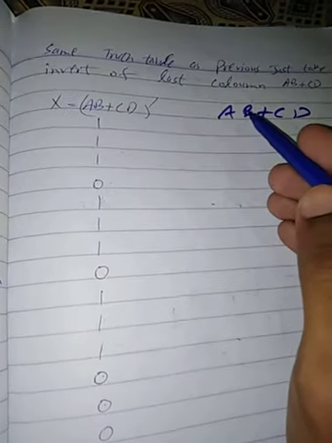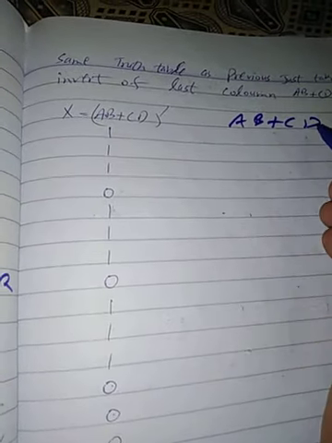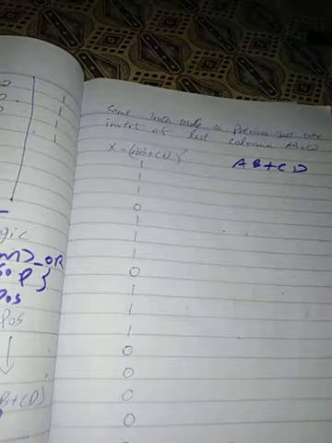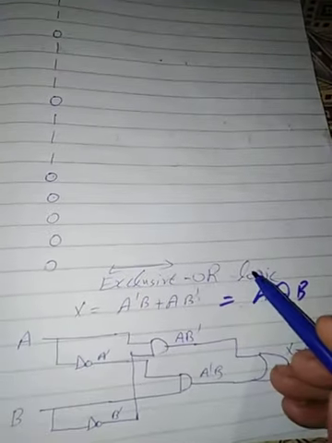So take a complement of AB plus CD, its complement. So I take a complement of this last column. Complement means its opposite, so its output is 1 1 1 0. That is its output, which is opposite of AB plus CD, which I used previously. Then the next logic is exclusive OR logic.